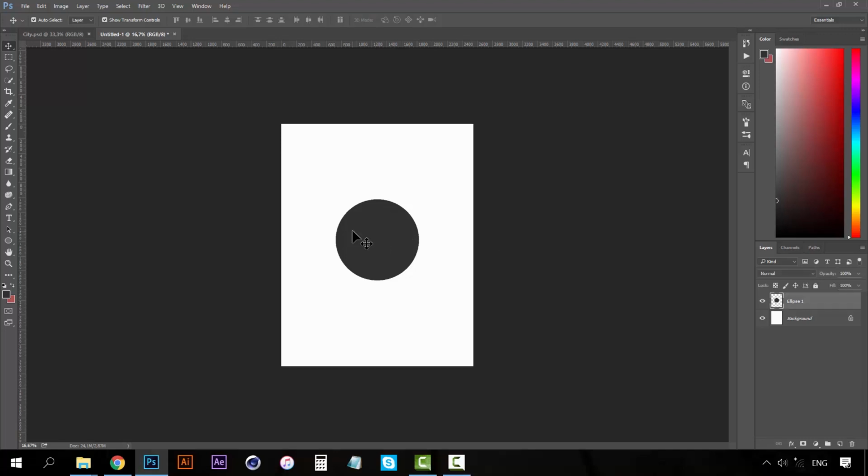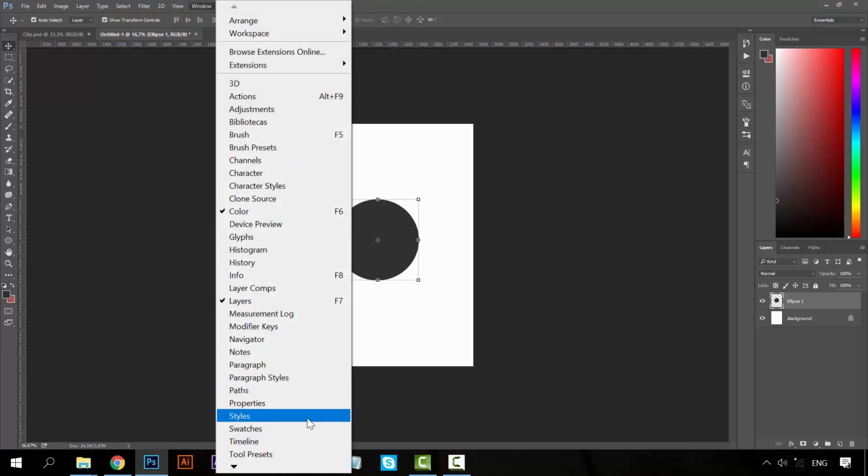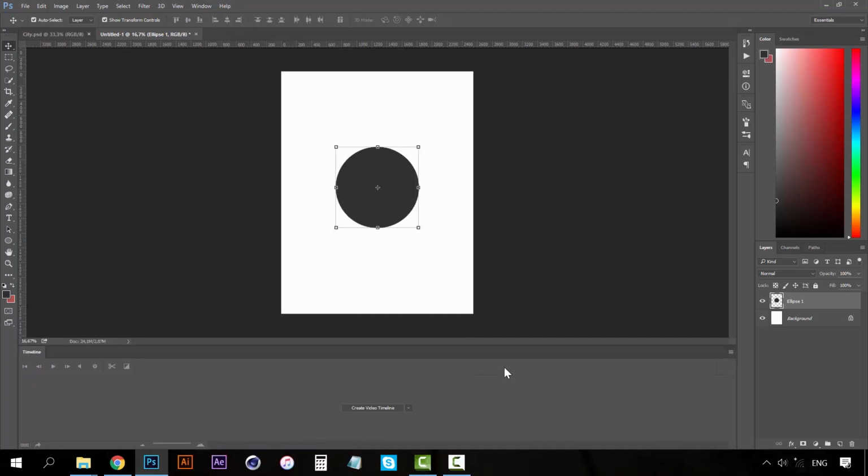So we have this ellipse. If we want to create an animation in Photoshop, we have to open this window, go to Window, and select Timeline, and a new panel will pop up. And in this panel you will find this button which says Create Video Timeline or Create Frame Animation. Frame animation is most used to create GIFs or something like that. In this case we're going to be creating a video timeline, so select Video Timeline here and click on the